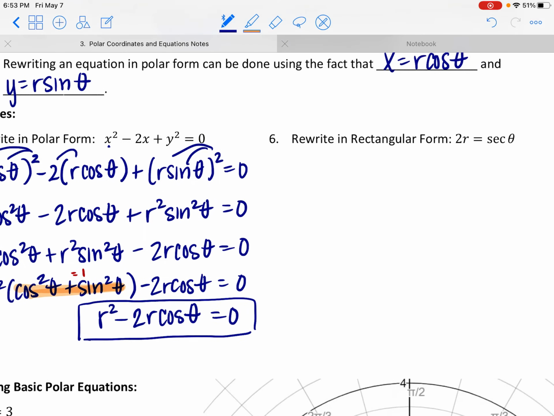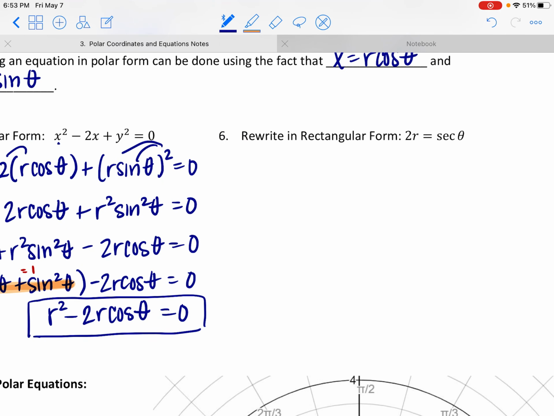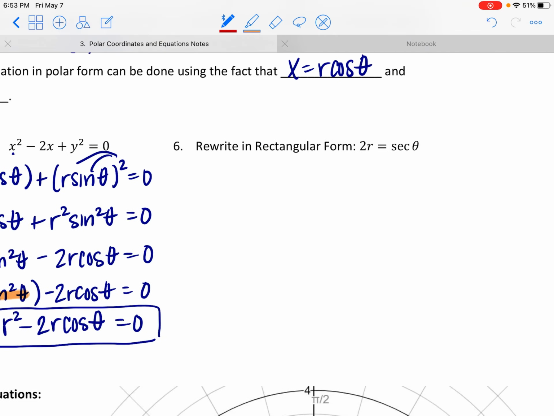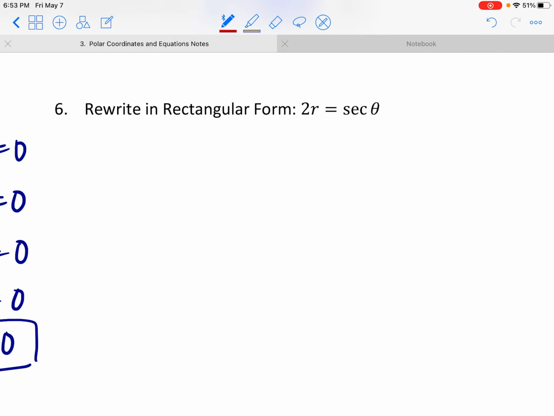All right, now we're going to try to do one in reverse. In reverse, this can be a much more complicated process, but again, we're trying to scratch the surface here. So what we want to try to do here is rewrite it until we get something we recognize. Let me show you what I mean here. So 2r equal to secant of theta. So remember,